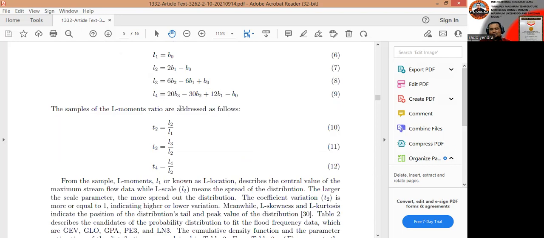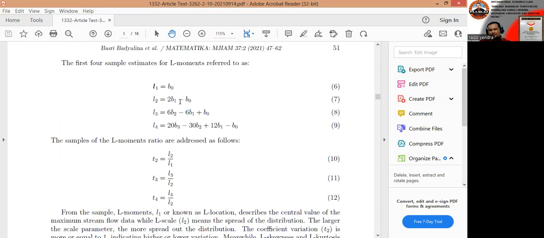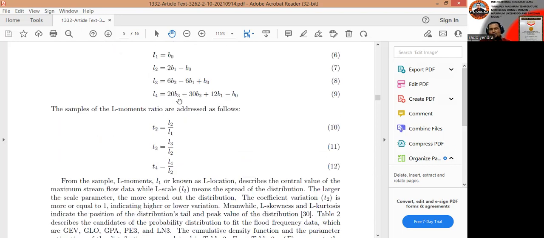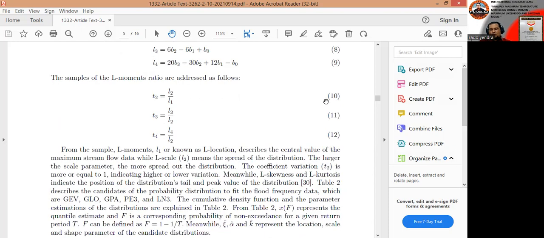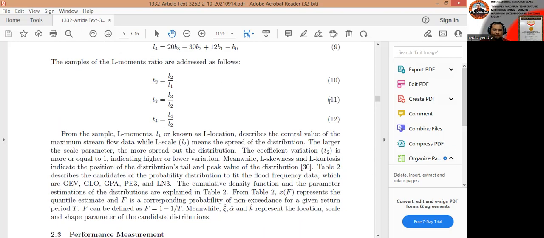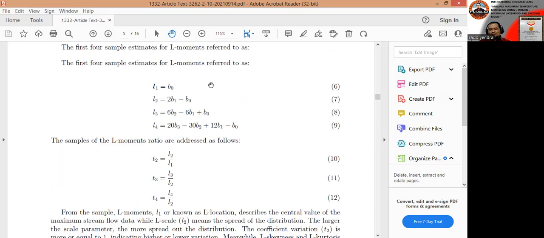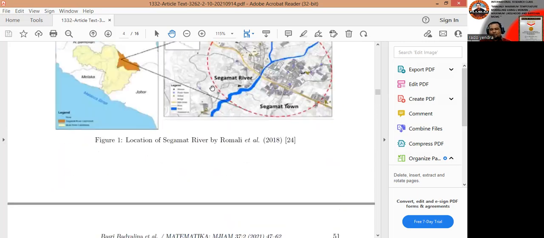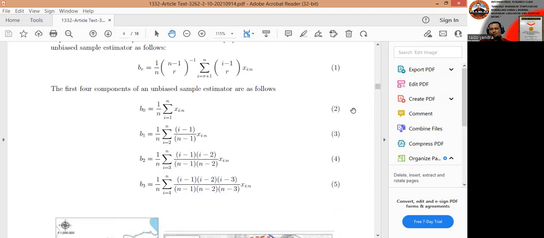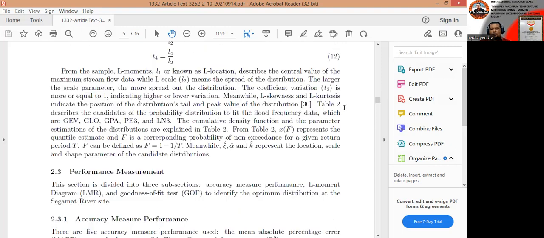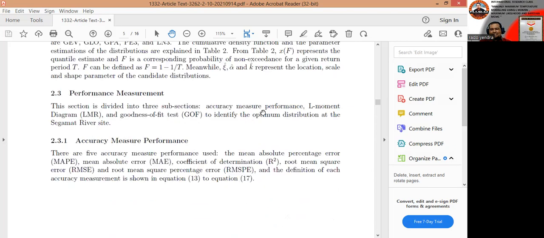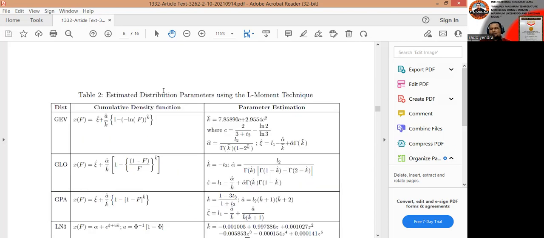Okay, after we understand equations 6, 7, 8, 9, we come to equation 10 until 12. Equations 10 until 12 are the sample L-moment ratios. After we understand equation 2 until equation 12, we can check in table 2. In table 2,